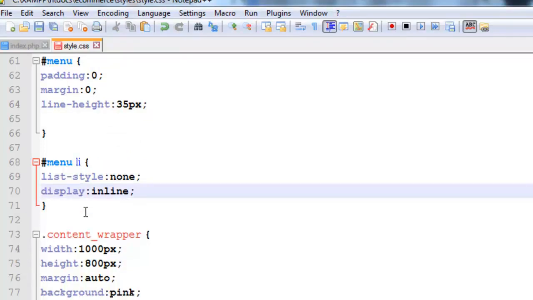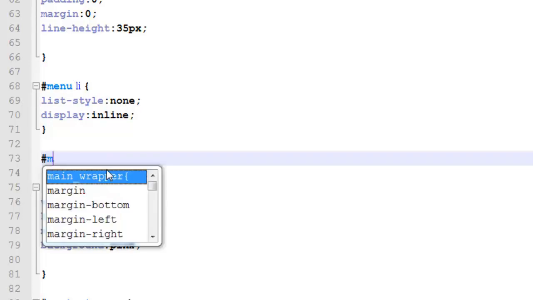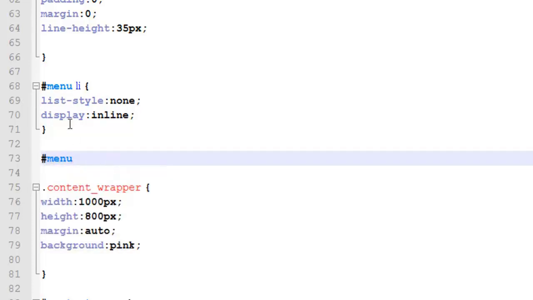After this we can simply do some more things for the links themselves, because this is just for the li tag. These CSS properties we have used for the li tag. Now we can simply say inside the menu, because we are using sub IDs or pseudo IDs basically. This is the main ID with the hash sign we have created already, and now we are saying that inside the menu ID, if there is an li tag, this style should be applied on that. And now we are saying if inside the menu there is an anchor tag,